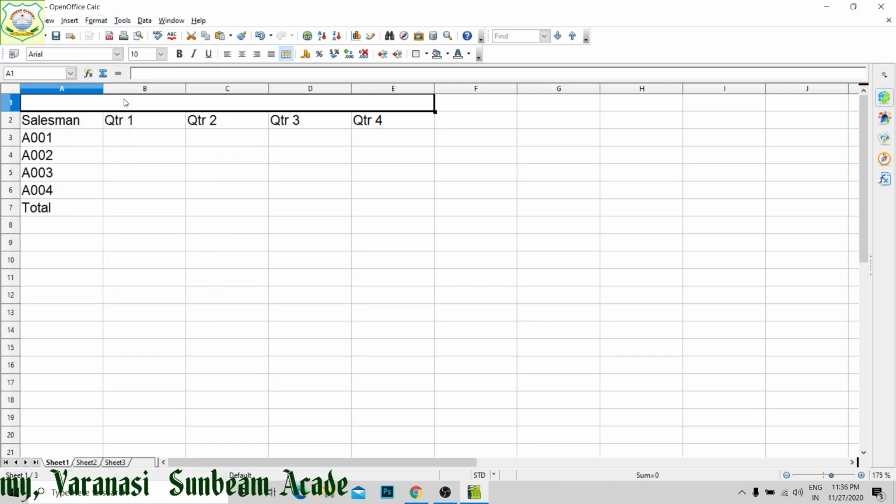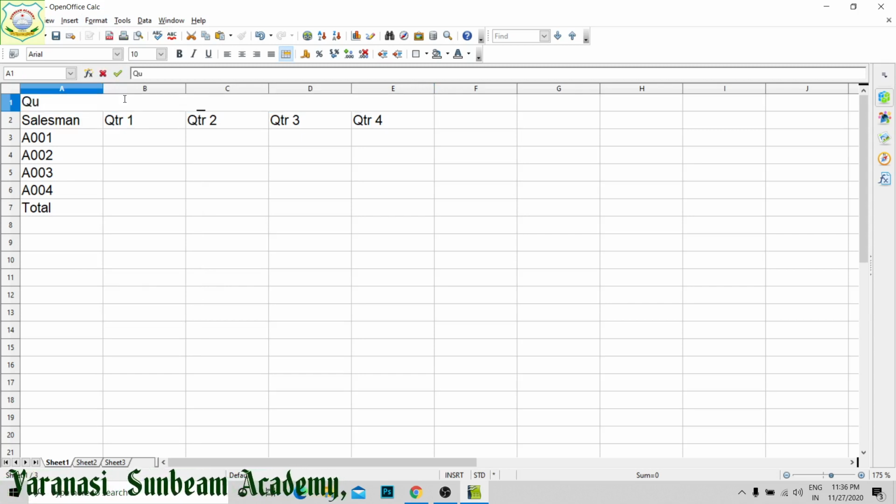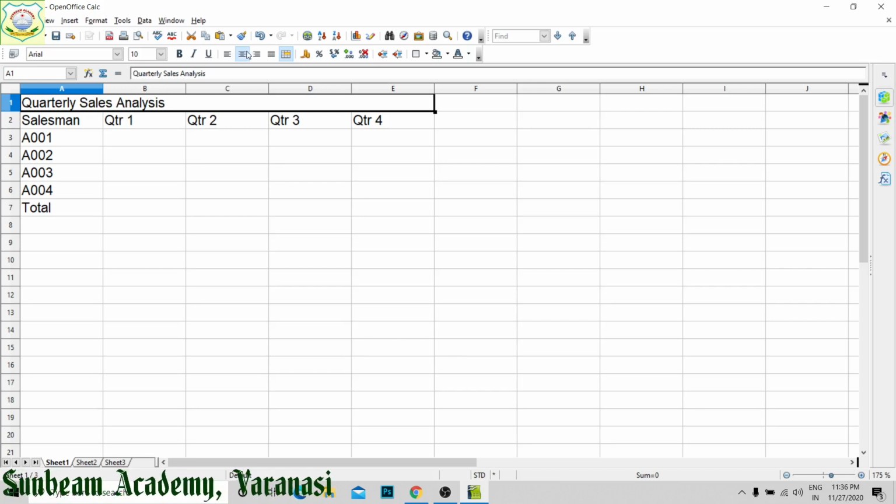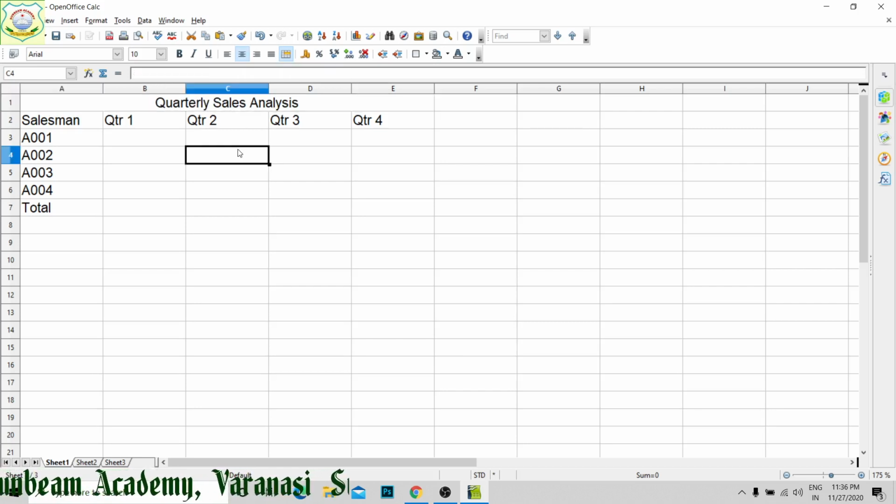Merge cells, right? So quarterly sales analysis, right? This we have to do in center, so I have given it in center.